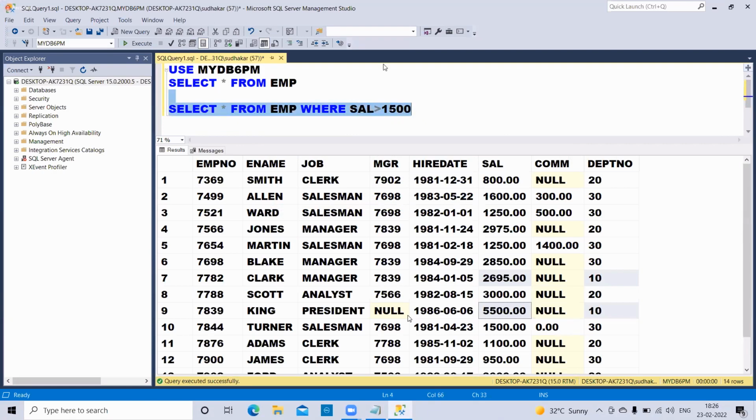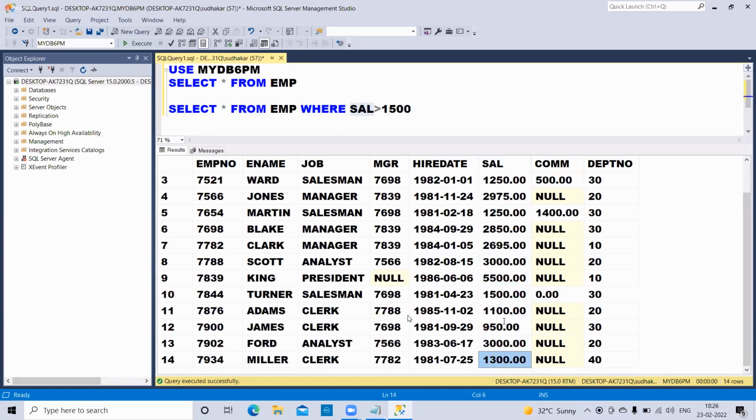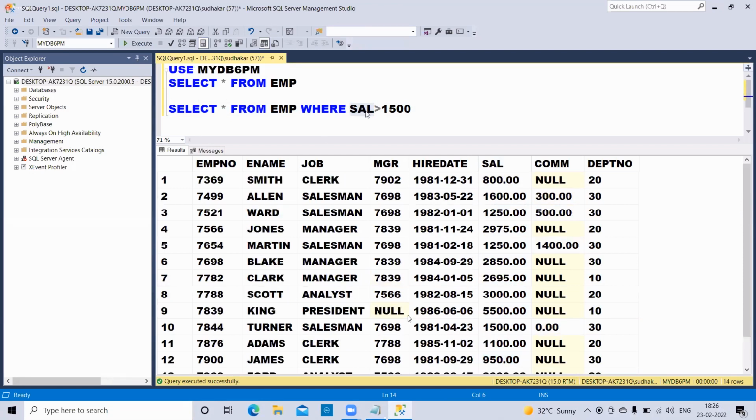Based on this condition, each and every value in the salary column is going to be checked. In this comparison, whichever values satisfy the given condition are fetched